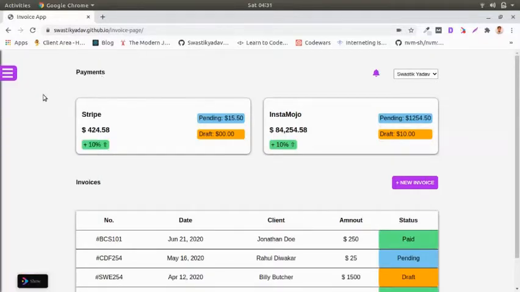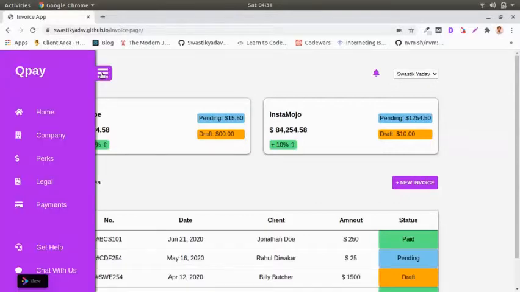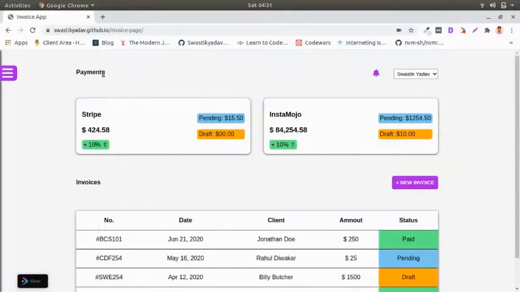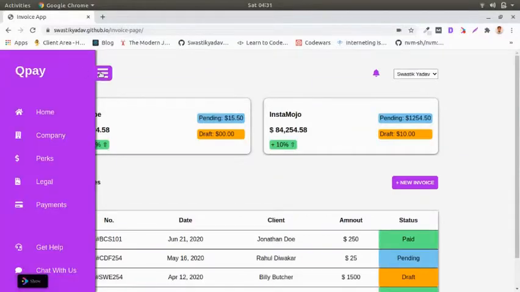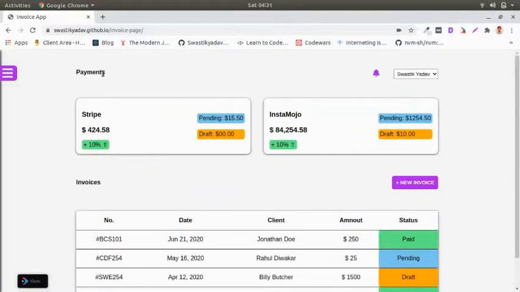But one thing that I have often seen is that people say that in order to achieve this behavior of opening and closing a sidebar on a click, you need to use JavaScript, because otherwise how are you going to capture the event of click, right? But that's not true.